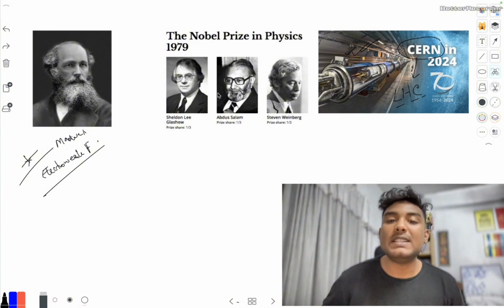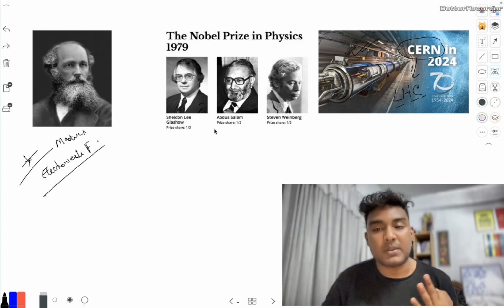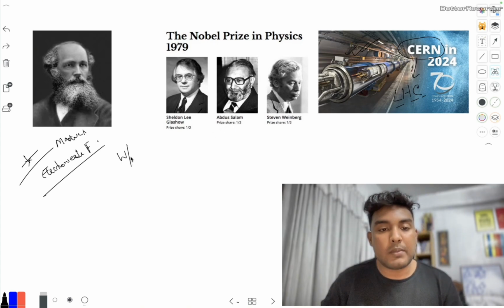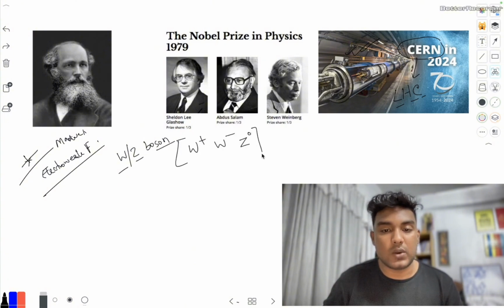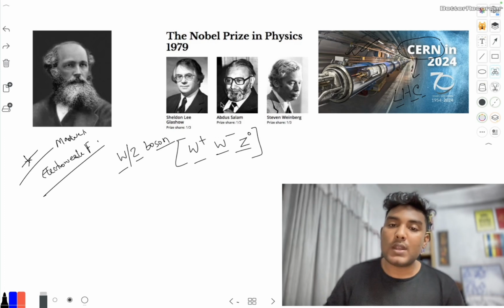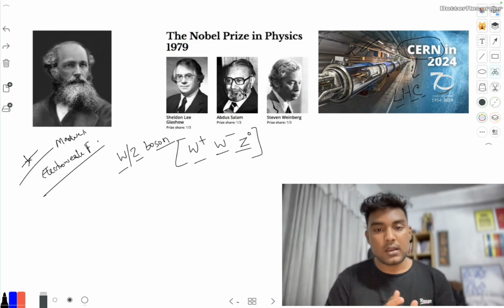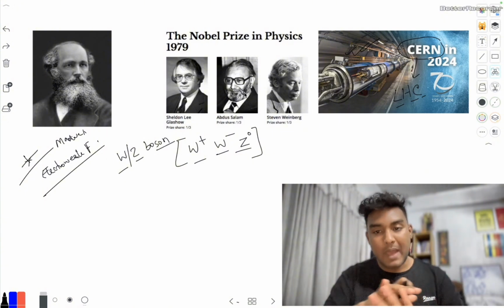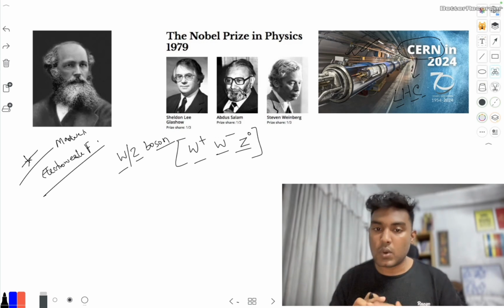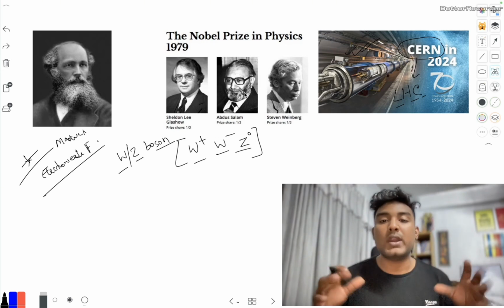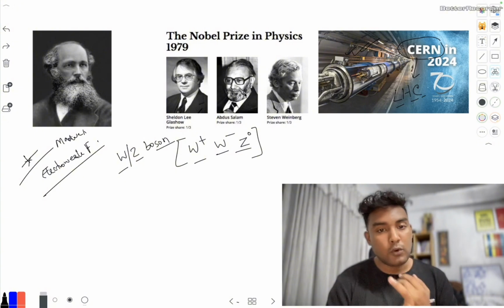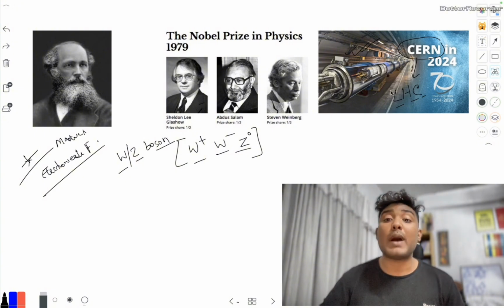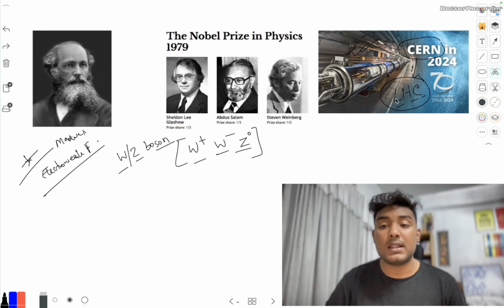These three scientists came up with three subatomic particles which are called W and Z bosons. It consists of W plus, W minus, and Z0. They said, if we can combine the weak nuclear interaction with the electromagnetic force, these three subatomic particles will not have any mass. If they are massless, then we can combine weak nuclear force with the electromagnetic force. With the help of the Large Hadron Collider, they